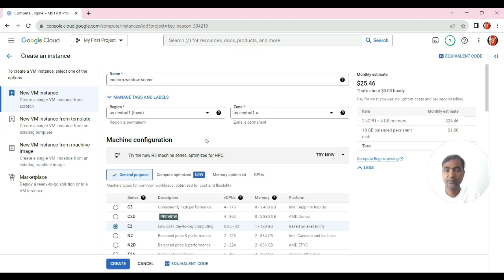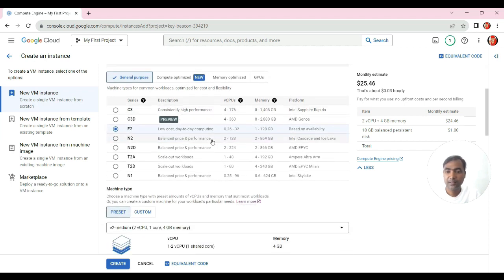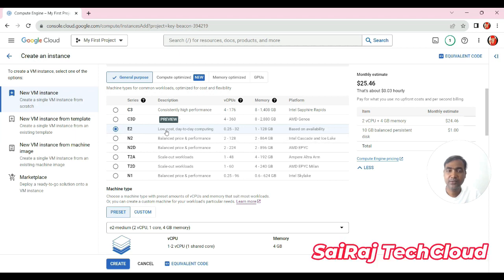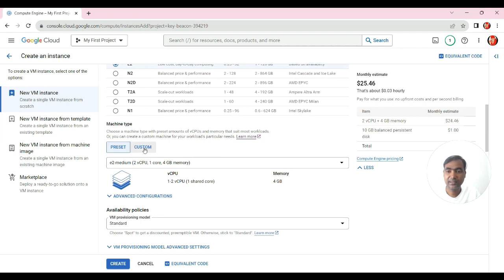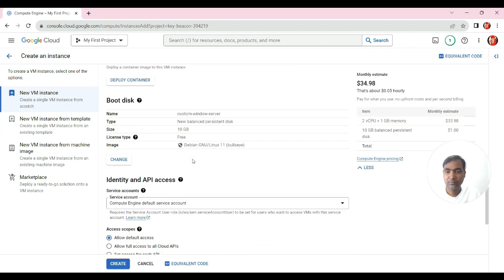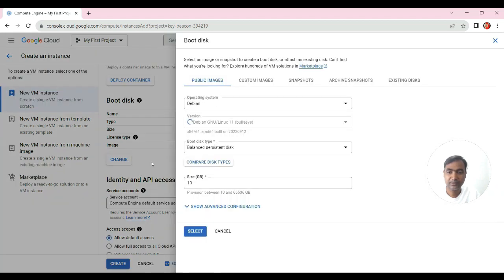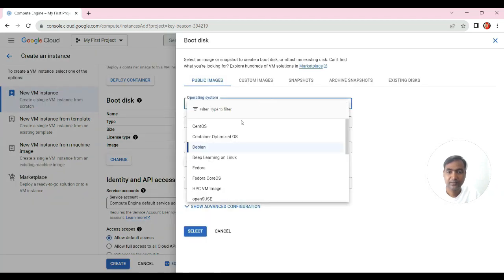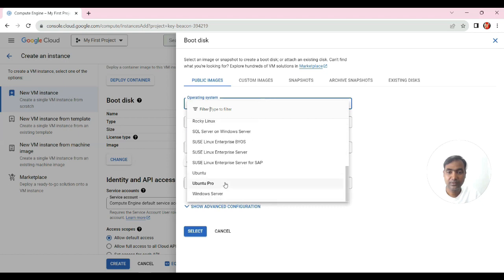As you can see here, I selected US Central 1 as the zone and region. Similarly, I selected E2 only for the practical purpose, guys. Then I selected the machine type as custom here. As you can see, for the boot disk you can change the image here. Click on change, select your Windows server here,